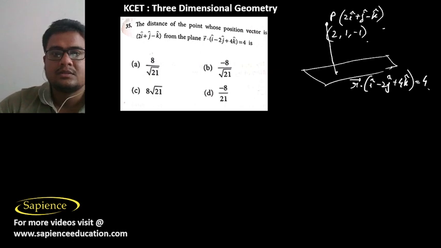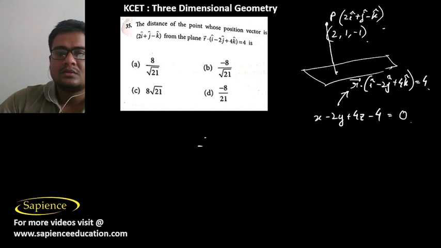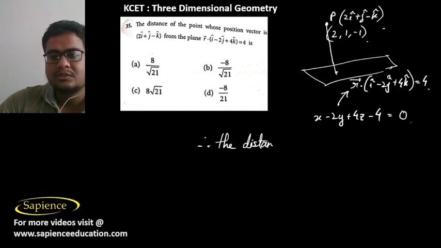So the Cartesian equation of this plane will be x minus 2y plus 4z minus 4 equal to 0. Therefore the distance of the given point P from the given plane is given as